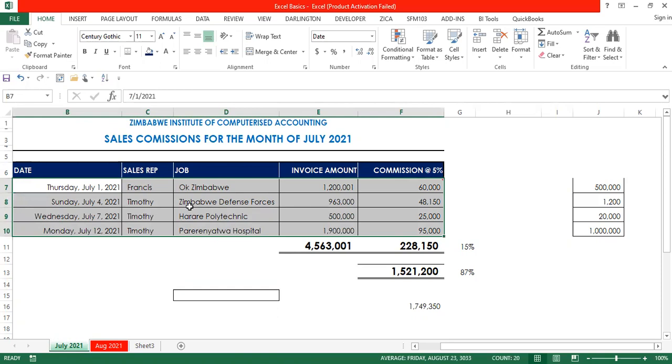We want to sort by maybe the alphabetical order of the sales rep names. We might want to sort by date. We want to sort our data by the job, by the alphabetical order of the job, and we want Zimbabwe Defense Forces to go